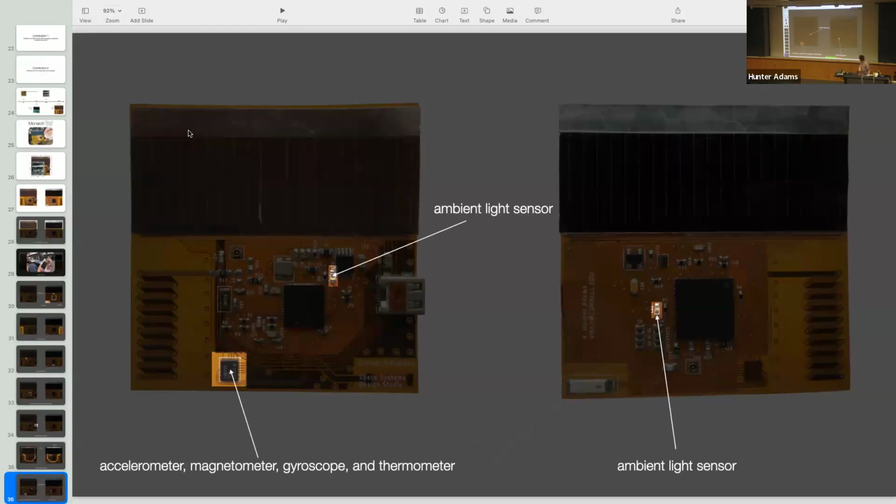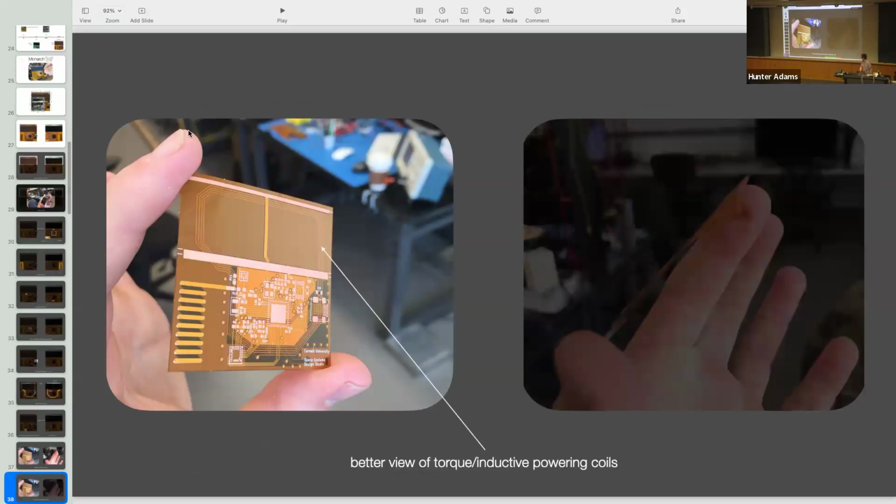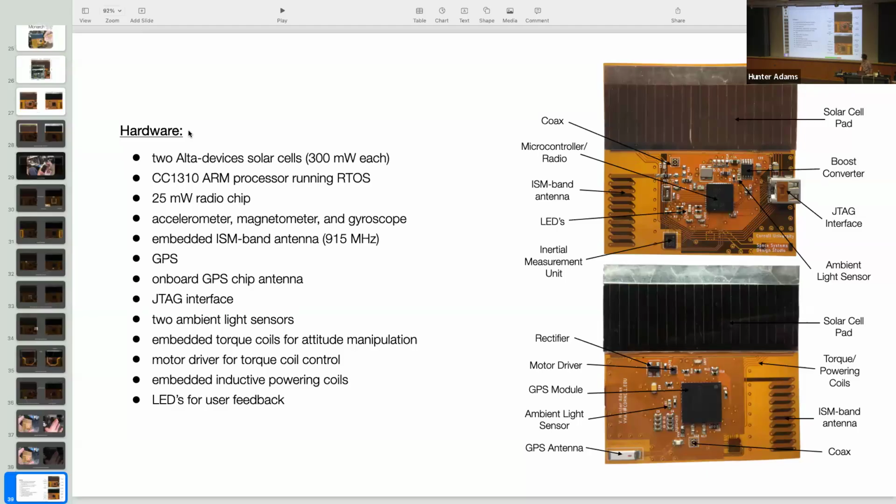Each also includes an ambient light sensor. That's exactly the same sensor that, when you open your laptop and it dims to the brightness of the room, it's that kind of a sensor. And then each has an IMU, an accelerometer, a gyroscope. This one also has a magnetometer built in. Ambient light sensor on the front and the back. And it's made of this really interesting Kapton substrate. So like I said, though it's larger surface area, it's actually lower mass.